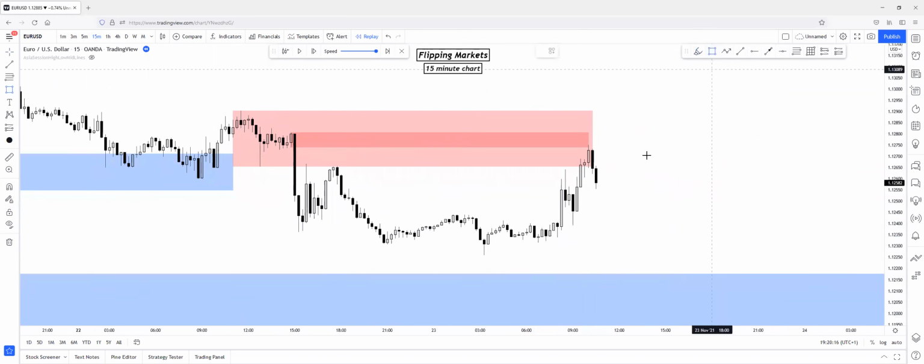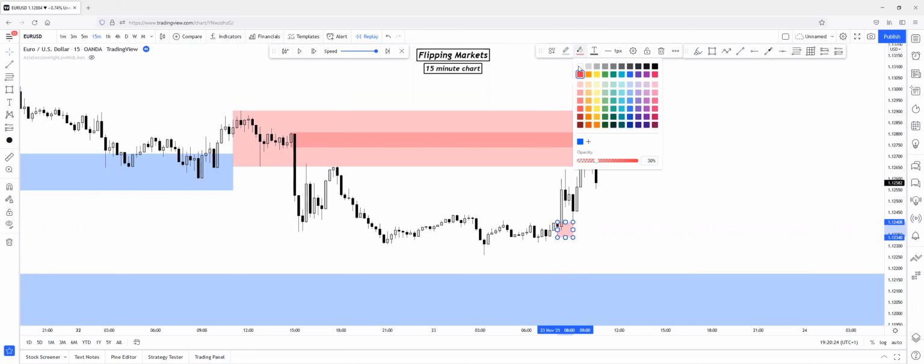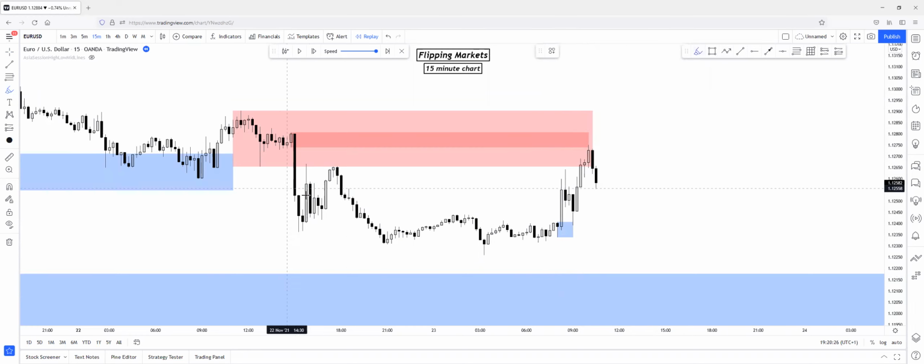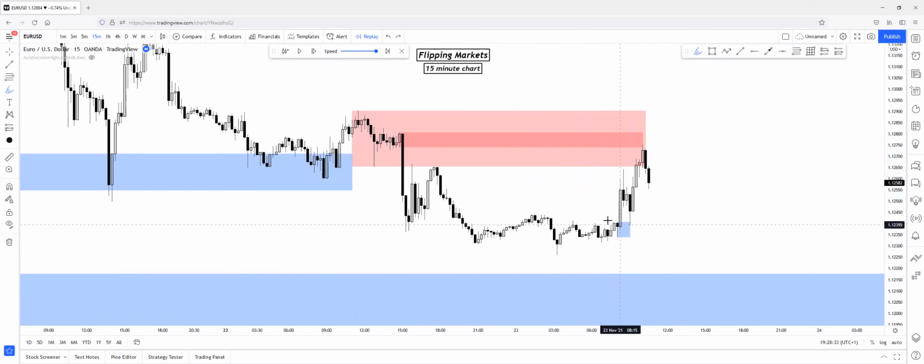As you can see, here's a demand zone that created a huge inefficient push to the upside and changed character. I will just mark it as a demand zone and change the color to blue. Here was a downtrend, an inefficient push to the downside, a break of structure, the last break of structure, and this demand zone flipped this supply zone. We have this supply zone that created the last low and the last break of structure to the downside, and this demand zone reacted on this supply zone and flipped it with a huge inefficient